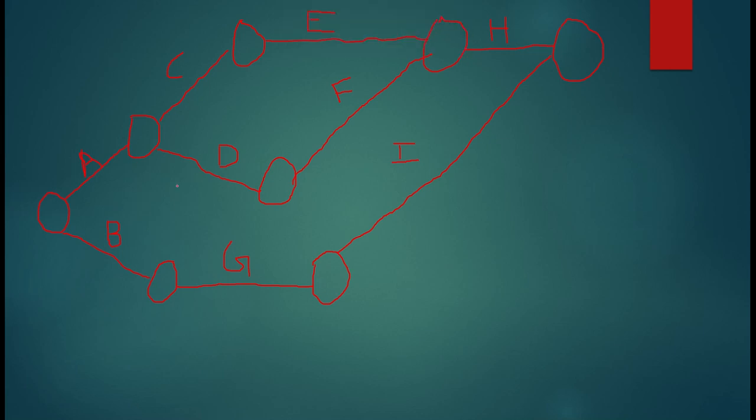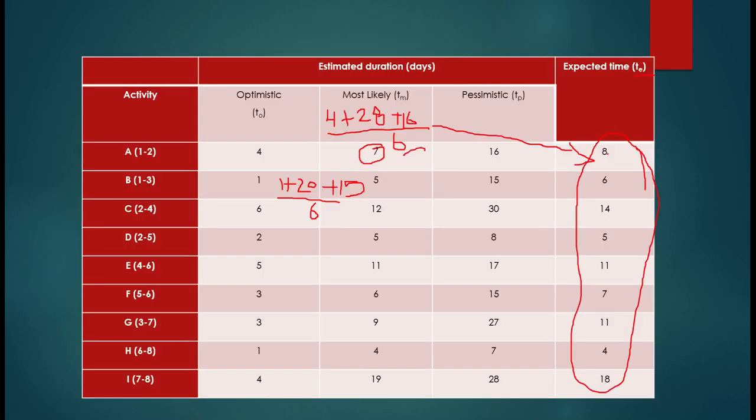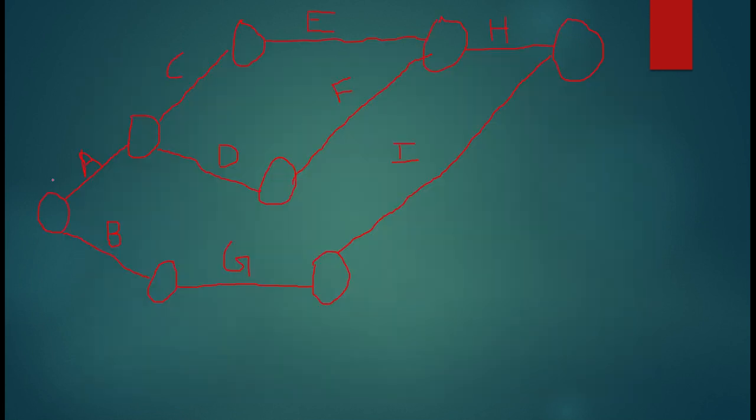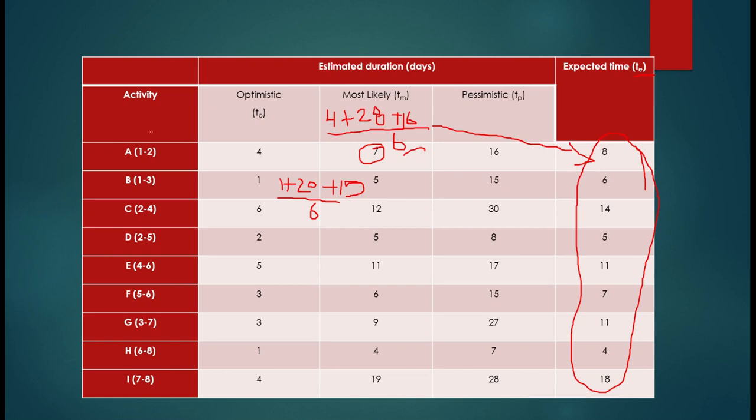Now, I will allot timings to all the activities which I have already calculated. Okay. So this is the time, right? So one more thing is there. For each activity, I have already given these numbers also. Although you can do it on your own also, I have already given them numbers. So I'll just allot numbers first. Then I will allot timing. So A is 1 to 2. So this is 1 and this is 2.